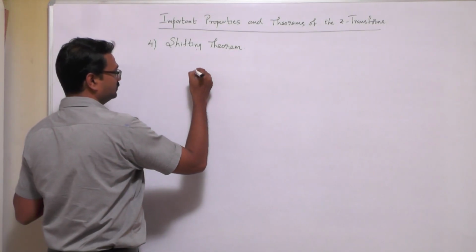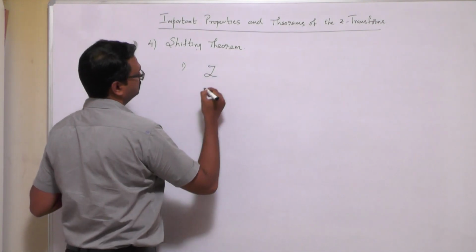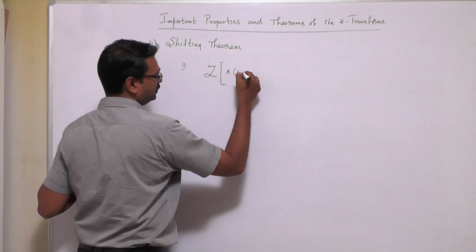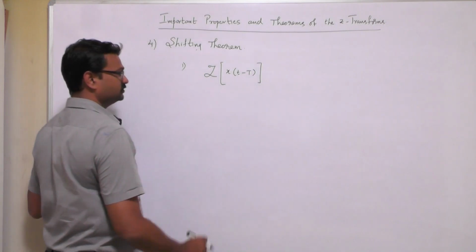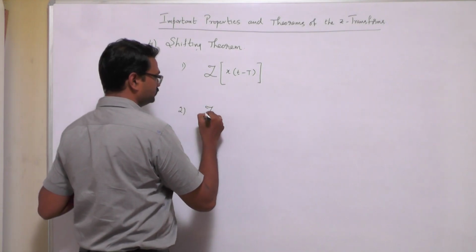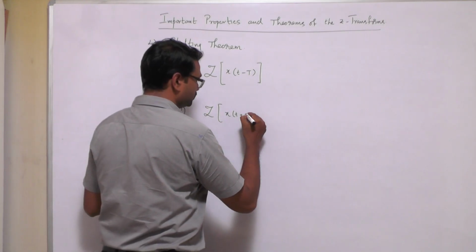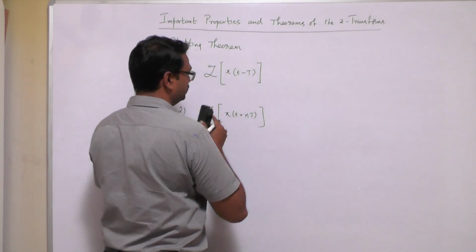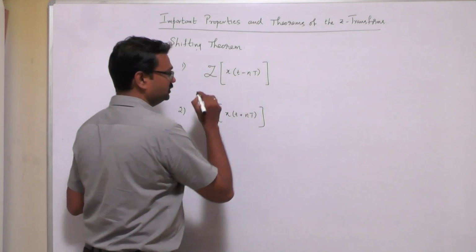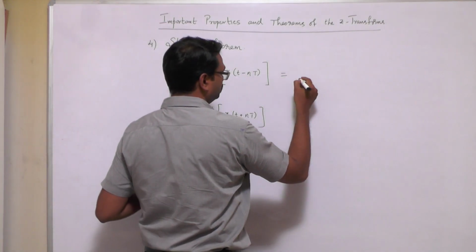Here, for example, we have two different Z transforms for this: the Z transform of x of t minus T, and the other, the Z transform of x of t plus nT and t minus nT, where n is the number of instants. Now for this you can say